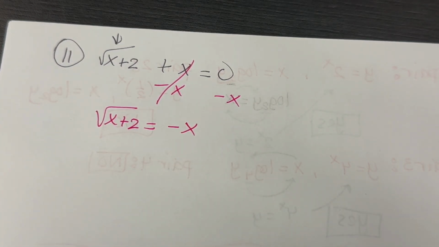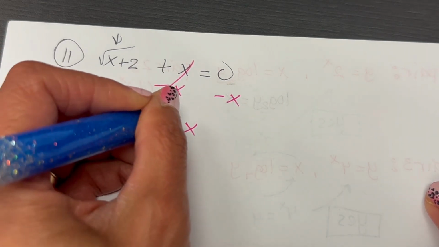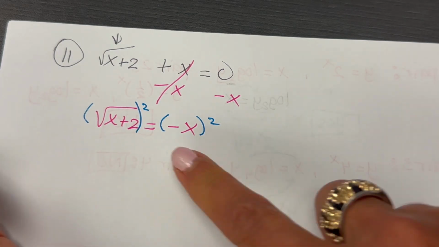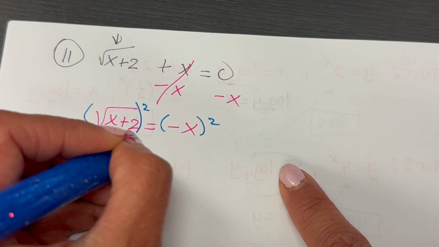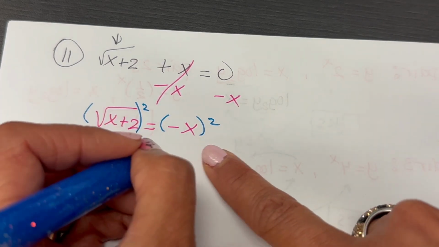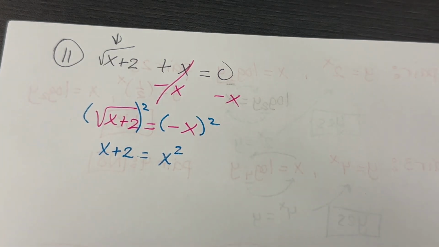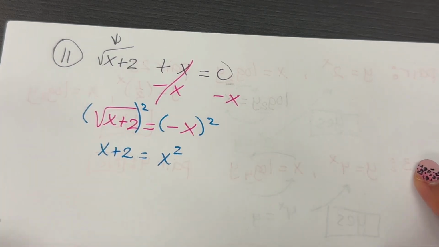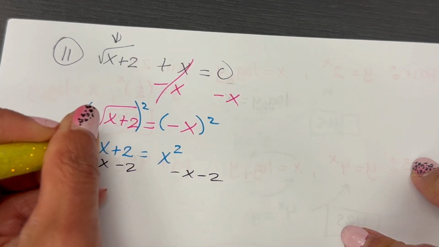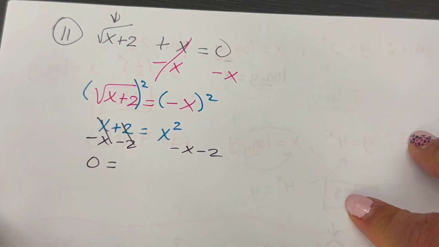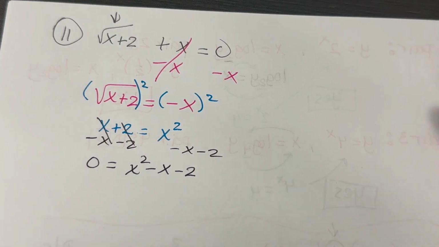Then I need to undo the radical. The opposite of a square root is squaring. So I need to square both sides, including that negative in front of the x. When you square a square root, the stuff inside comes out. Negative x times negative x is a positive x squared. So negative times negative is positive. Anytime we get an x squared, we need to get everything over on the same side as it. So I need to subtract the x, subtract the 2 from both sides because I want 0 on that left-hand side this time. So x squared minus x minus 2,